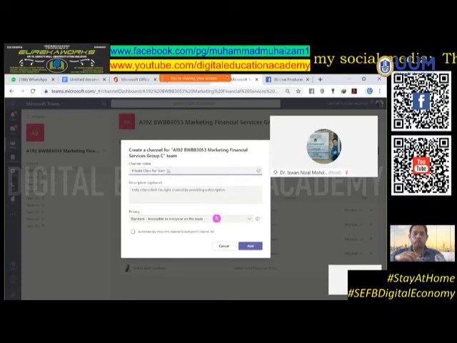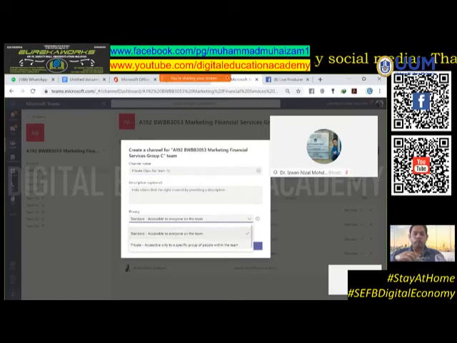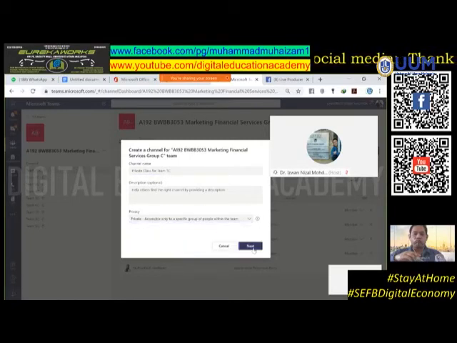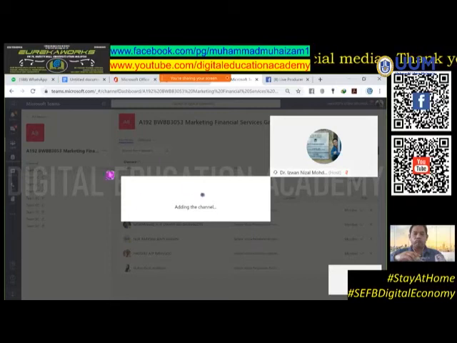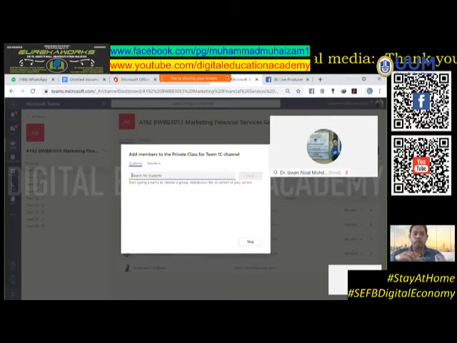Okay, and then I click here private, and I click next. So once you have created this team, it is private, so only students with these names. For example, I want to have